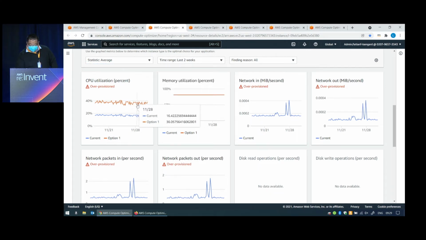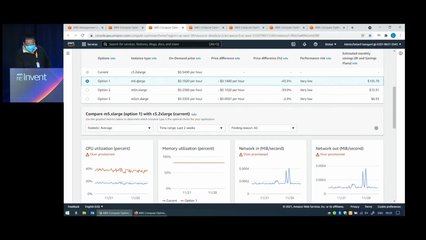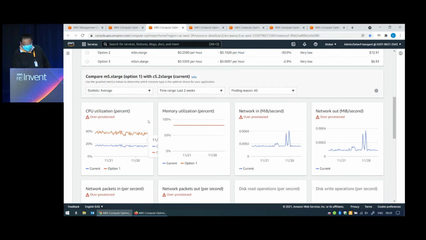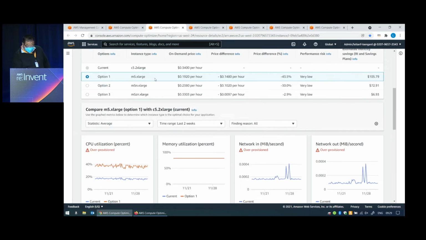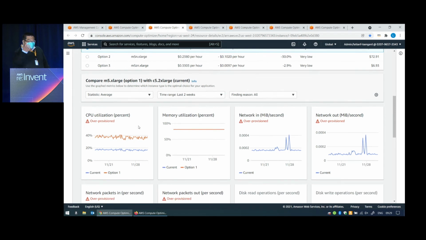And then Compute Optimizer tries to project the utilization on various options. In this case, the first option is the M5 xlarge, and because it has fewer vCPUs, the overall CPU utilization would increase from about 20% to 40%, which is still within a comfortable range of what the instance can handle.